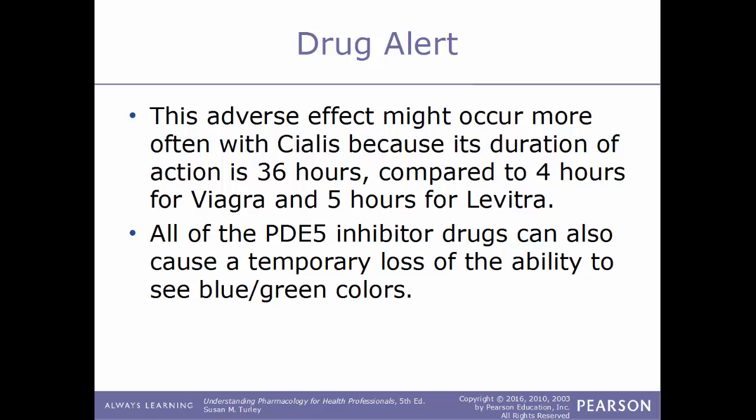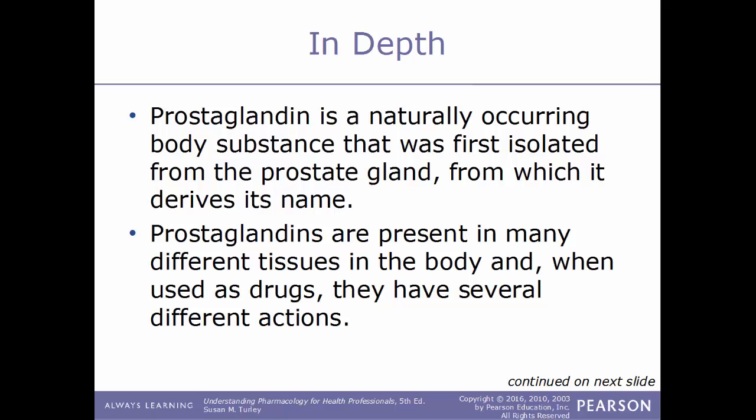All of the PDE5 inhibitor drugs that we mentioned can also cause a temporary loss of the ability in the male to see blue-green colors. I now talk a little bit more about prostaglandins. A prostaglandin is a naturally occurring body substance that was first isolated from the prostate gland, which is where it derives its name. Prostaglandins are present in many different tissues in the body, and when they're used as drugs, can